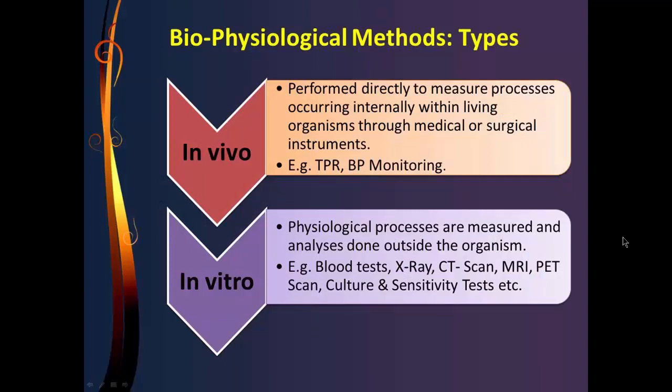So in moving now from this polygraph, we move into just other types of biophysiological methods, and we're going to sort of separate those into two categories. Although, as categories go, there's a lot of gray area in between. Nothing is just purely demarked one or the other. So in vivo biophysiological methods include processes of looking at internal